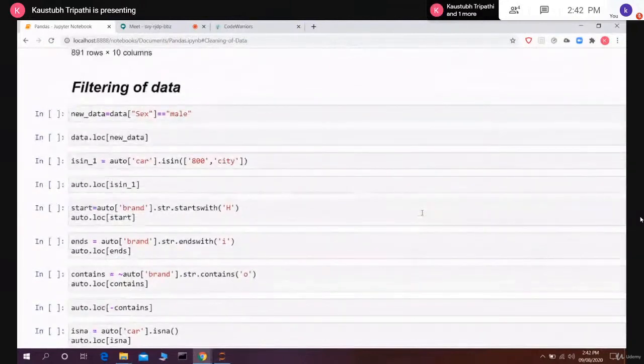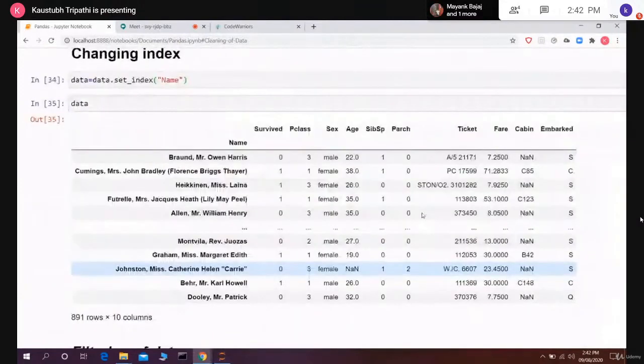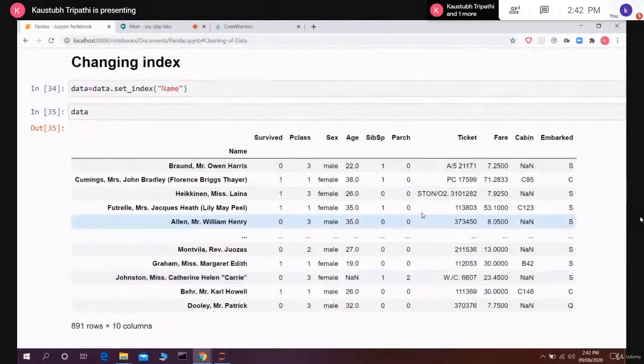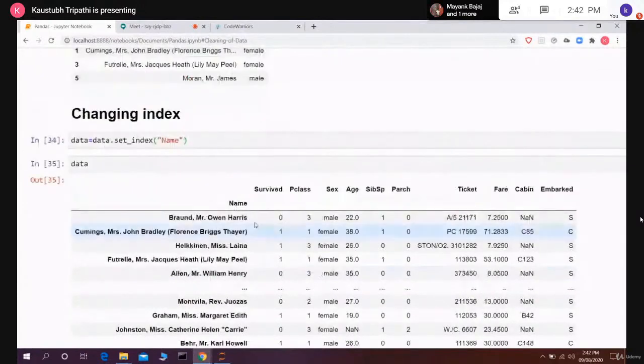First thing I want to ask, are you having any doubt up till now? Somebody asked me, Ashwani Sharma, sir, passenger ID is deleted. Yes, earlier we had created passenger ID as our index. But when we create name as our index, it removes the passenger ID and puts the name in its place. So when you are creating an index, make sure you don't keep changing the indexes, because whatever the index was earlier will get removed from your data frame.